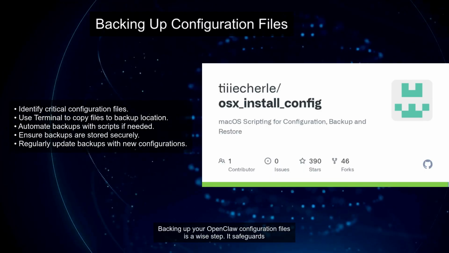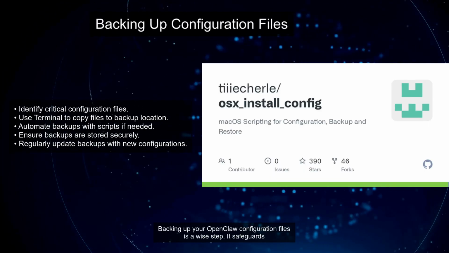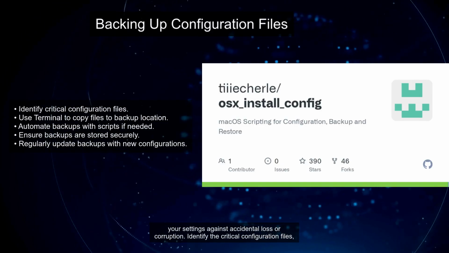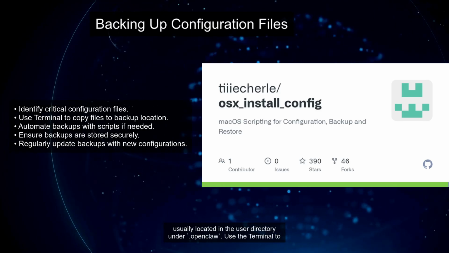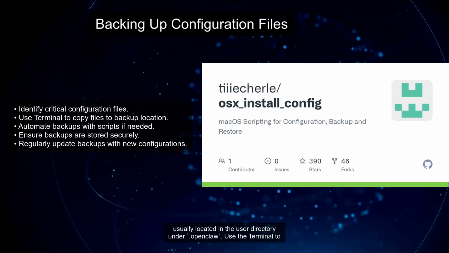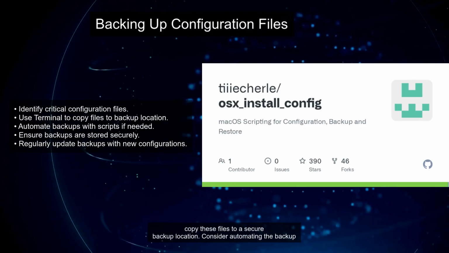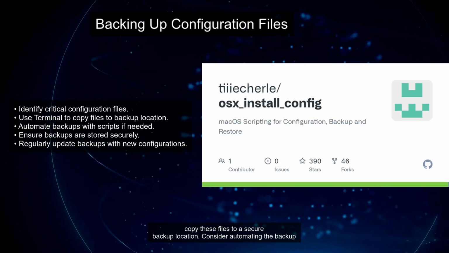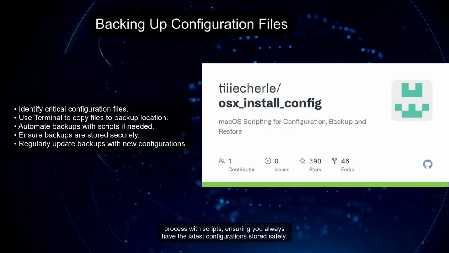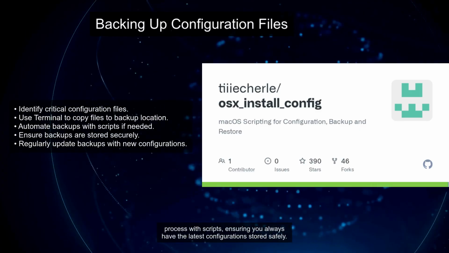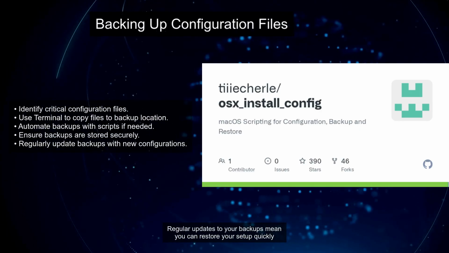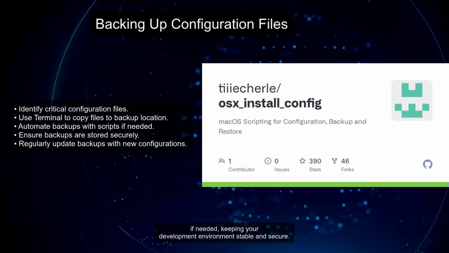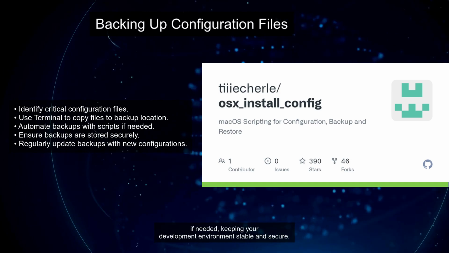Backing up your OpenClaw configuration files is a wise step. It safeguards your settings against accidental loss or corruption. Identify the critical configuration files, usually located in the user directory under .openclaw. Use the terminal to copy these files to a secure backup location. Consider automating the backup process with scripts, ensuring you always have the latest configurations stored safely. Regular updates to your backups mean you can restore your setup quickly if needed, keeping your development environment stable and